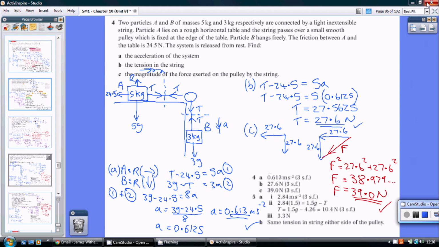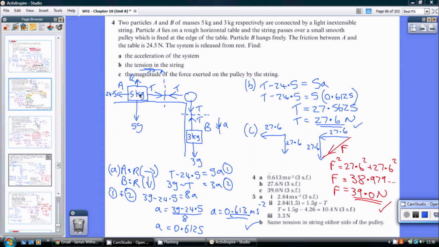So this is Lower 6 Mechanics, Chapter 10, F, Question 4. I just thought I'd also model one where we've got the pulley on the end of a table. So let's get the diagram sorted first of all. So we've got